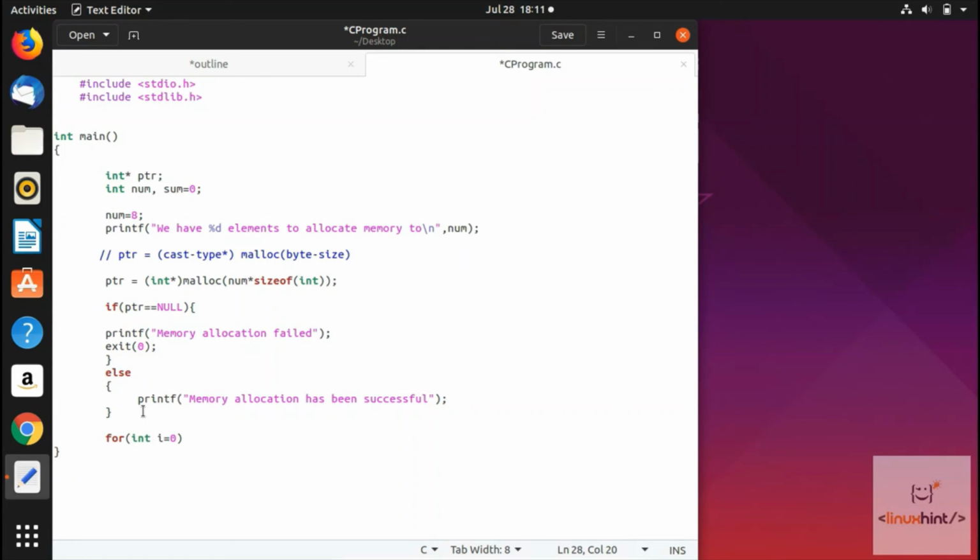I put a semicolon, and I would have i less than num, which is the number of elements. What is going to happen is that the numbering starting from 0 would be saved in those 8 blocks. So in those 8 blocks, what would be saved? 0, 1, 2, 3 till 7. These would be the 8 elements that we would store in those 8 blocks. You can store different elements of your choice, for example, if you start from 72,